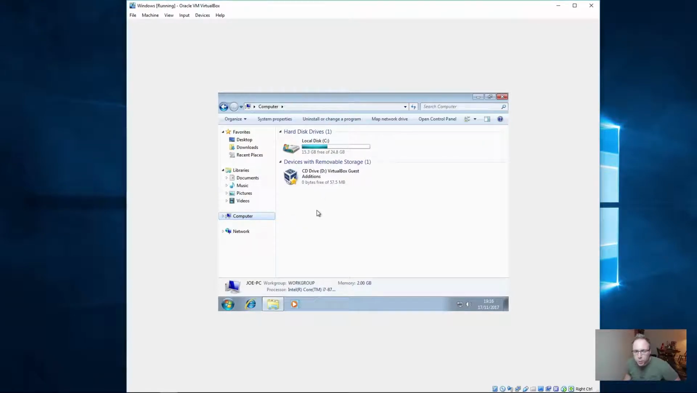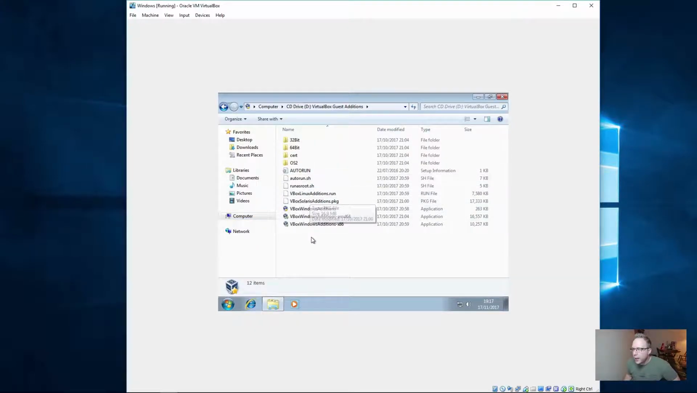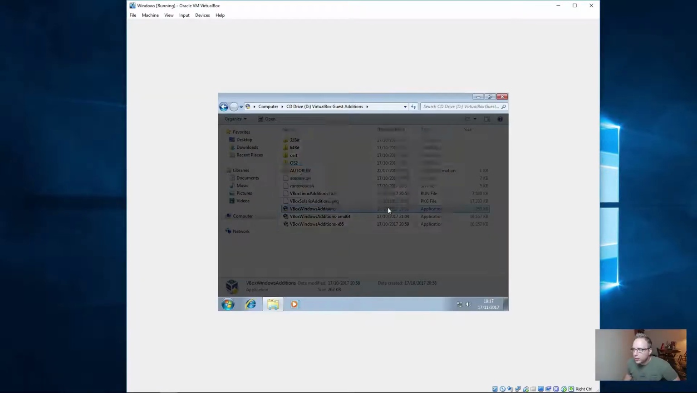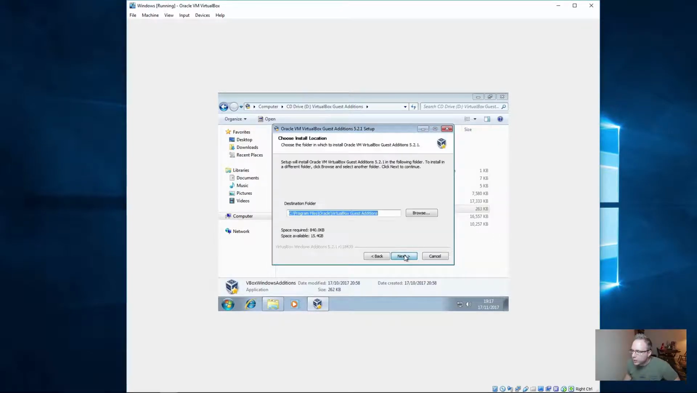And if it doesn't autoplay like I thought it was going to, then go to the file explorer here, click onto computer here, and then double click onto the CD drive here, and then VirtualBox Windows Editions. You're going to click yes, and then next, and then you can leave that in the default location. This location here is inside the VirtualBox, so you're not going to see it on your computer if the VirtualBox